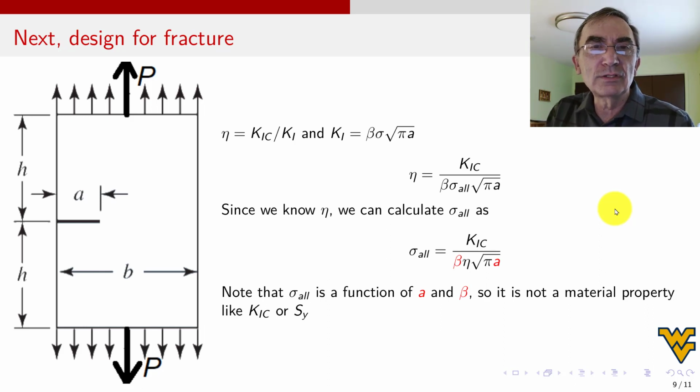Okay, to design for fracture, what do we do? We start with the safety factor. The safety factor in fracture mechanics is the ratio of fracture toughness divided by stress intensity. Like I told you in one of the previous videos, to calculate the safety factor, on the top you put what you pay for, that's the material that you buy. It has a KIC value. And on the bottom, you put the solicitation. That means how much stress intensity you want to put.